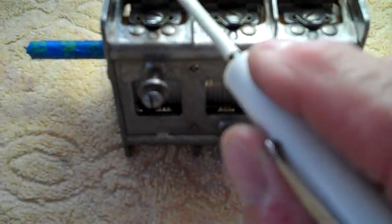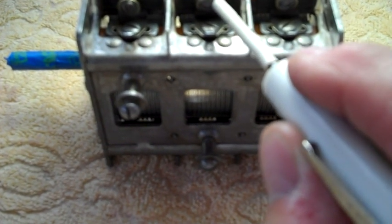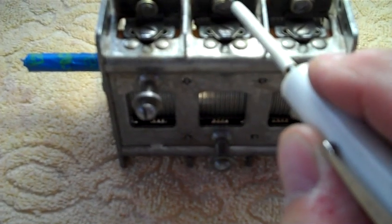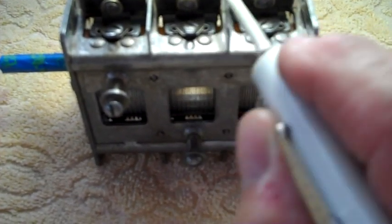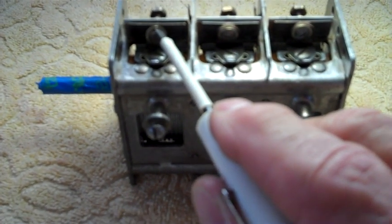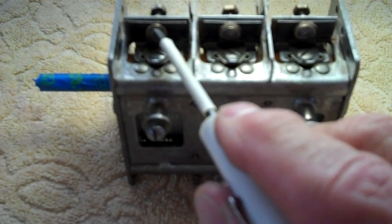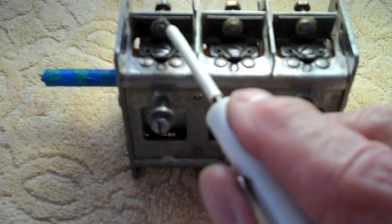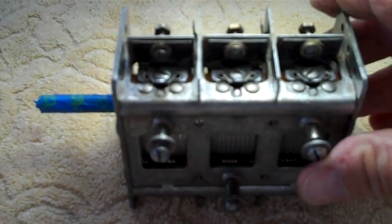I had forgotten that one of these fiber washers on one of the trimmer cap screws had broken apart when I took this whole mechanism apart. One of them just kind of fell into two or three pieces. So apparently it had been tightened up way too tight at one point, or just dried out and fell apart. These two are okay. And I guess I'm going to have to stop off at the old hardware store and